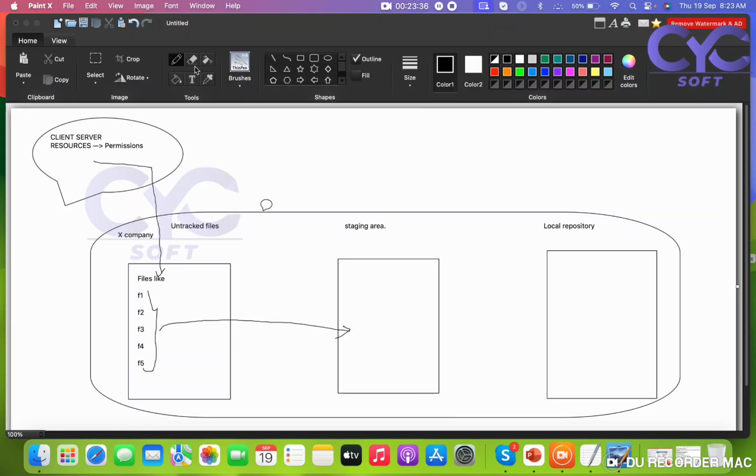Okay, so I'm using git add dot, because once we're trying to handle the untracked files, then we are trying to do the git operations. Git add dot. Then once you move to the staging area, we are trying to